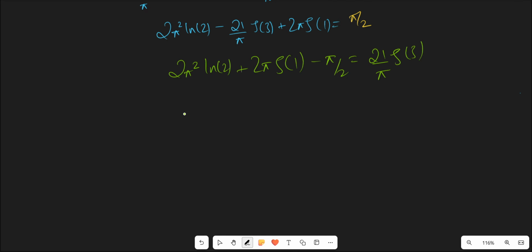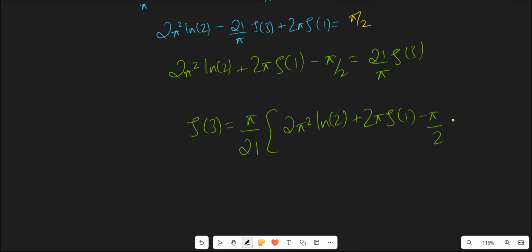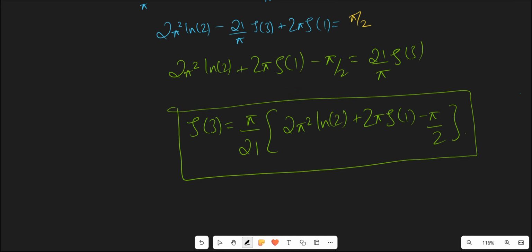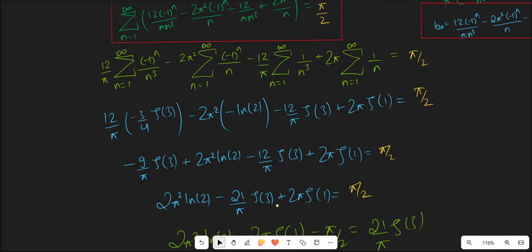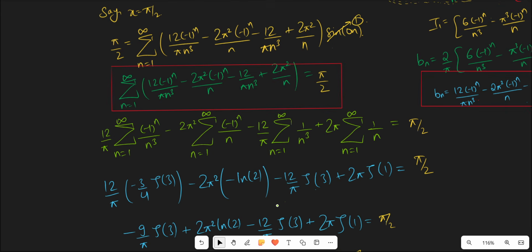Zeta of 3, right? So we can evaluate that zeta of 3 is just pi over 21 of this whole thing. That is 2 pi squared ln of 2 plus 2 pi zeta of 1 minus pi over 2. So this is the result. Well, as you know, zeta of 1 is divergent, so zeta of 3 is also divergent, but I just made a closed form of that thing, right? So well,